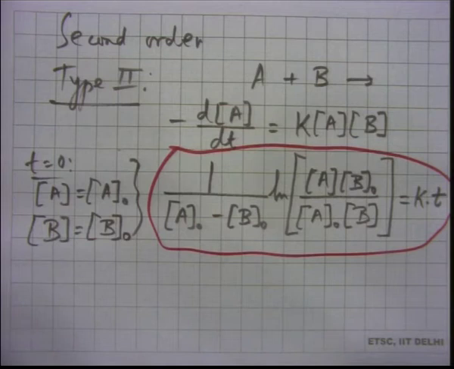Let's think about what we are doing. If you look at this expression, there are two things we have done. One is that A plus B is reacting to give you C plus D maybe. So we are writing an expression for the reaction rate, which is minus dA dt. Minus dA dt is a reaction rate. So we are writing it as K into concentration of A into concentration of B. So that's one job that we are doing. That is based on the law of mass action. We know something about K. K is of course A into exponential minus E over R bar T. So we know all that.